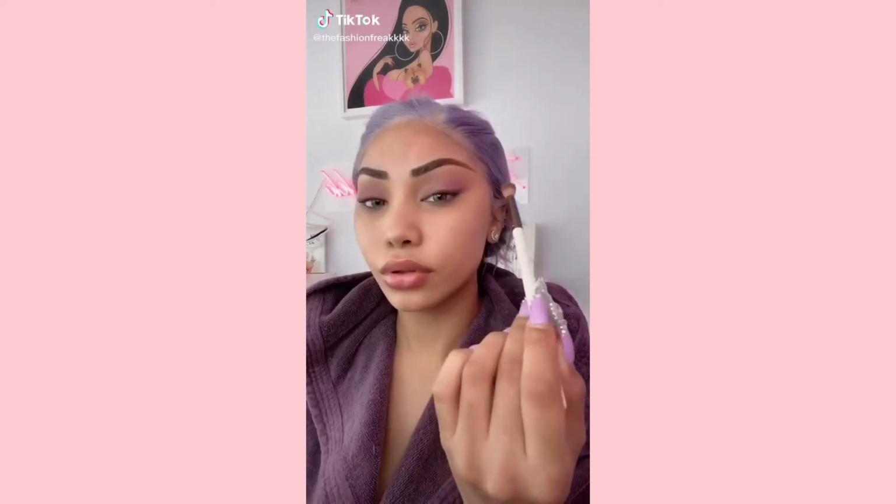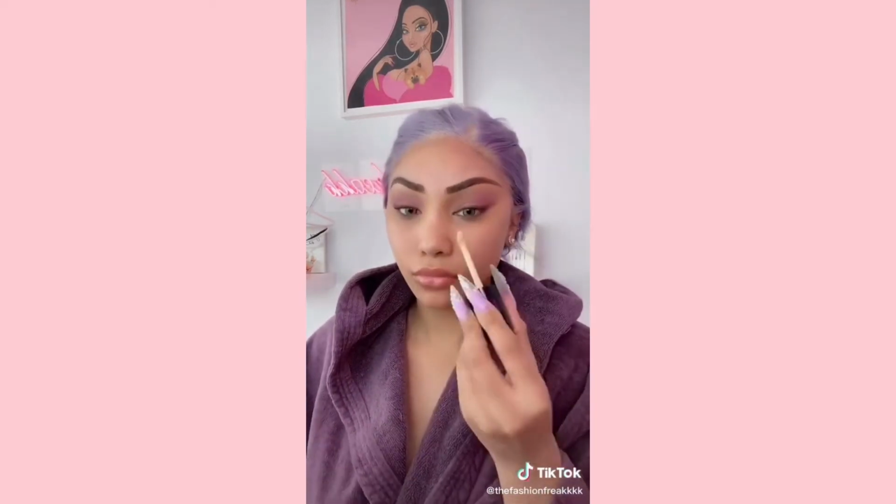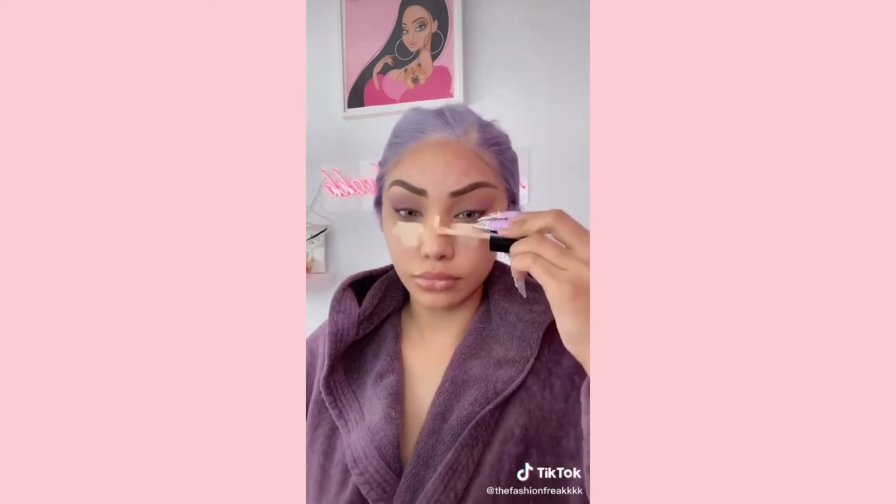Sis, I'm about to change your whole life. So instead of putting concealer and bronzer on after your foundation, we're gonna do it before. The key is to use a concealer that is much lighter than you would typically use. Now you're gonna take your beauty blender, and I like to use something to wet it. I don't use water. I like to use the Dewy Set Spray by Anastasia Beverly Hills, and we're gonna...